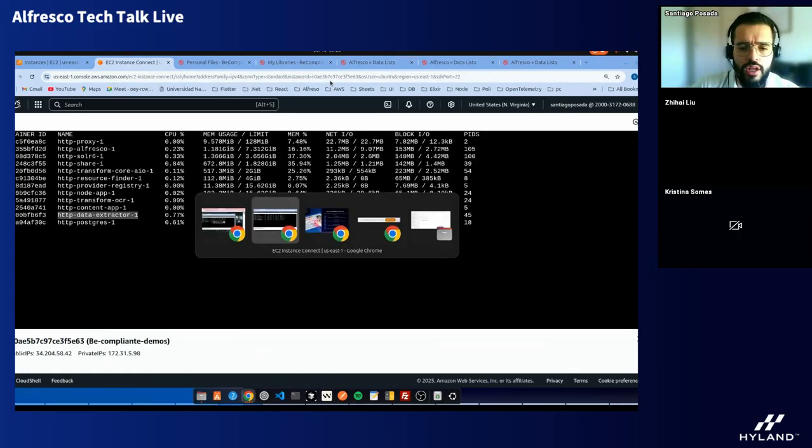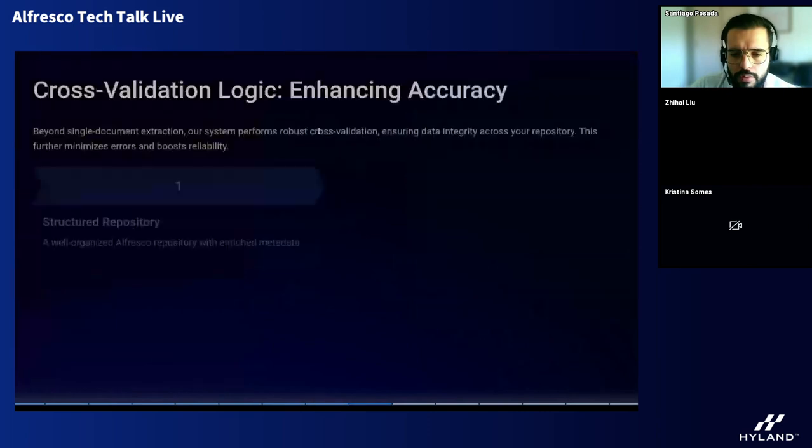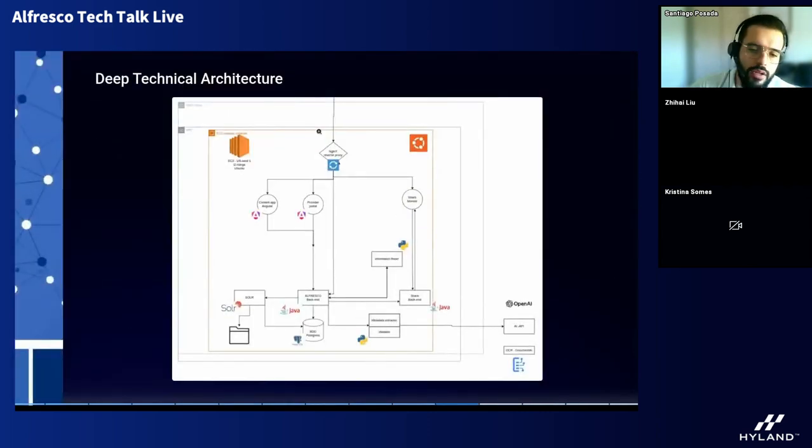I want to explain something that I have in the presentation. I'll just skip a couple of slides, and then we will go back. We have our Alfresco instance here, right? What we will do is that when we execute the metadata extraction process, we will send the document and the definitions of the properties that we want to extract. We will send that document to a Python application that is built by ourselves. And what this application does is not that complex. It receives the PDF, and it sends the PDF to an OCR processor to extract its text